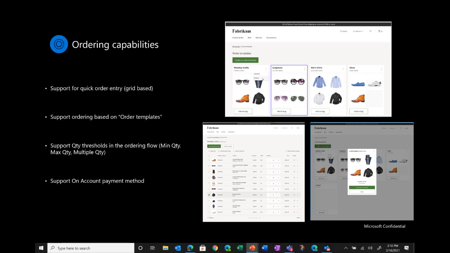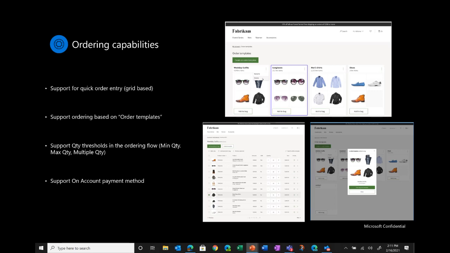So what we have done is we have enabled something called a quick order entry UI. This is more like a grid-based UI, similar to what you would see in back office applications, where the users can actually come into this UI and they can quickly enter the part number, the SKU number, put in the quantity, and they can keep doing that by putting in all the products that they want to order.